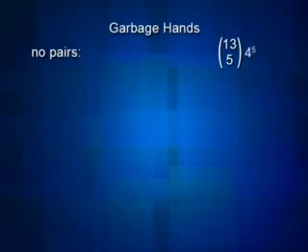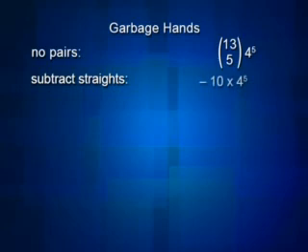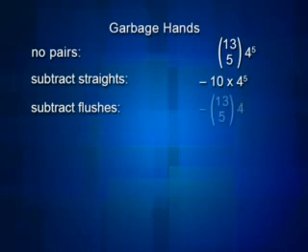But we've overcounted. That answer is too big. So we have to subtract off those poker hands that were straights, right? Because we don't want any straights. We've calculated the number of straights. There are 10 times 4 to the 5th of those. And we also have to subtract off those hands that were flushes, right? So all these hands that have no pairs in them, they might have been straights, they might have been flushes. So I have to subtract off those flushes, 13 choose 5 times 4 different flushes.